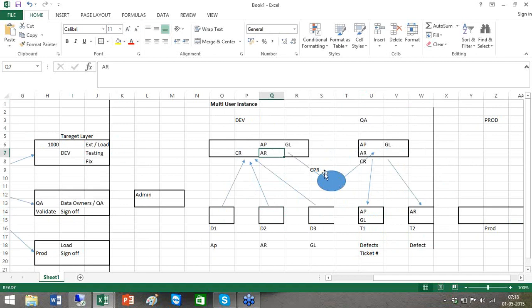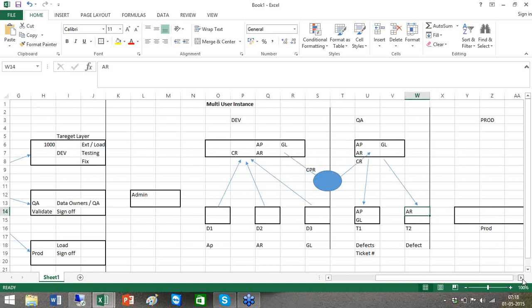These code promotion guys will get the latest version of accounts receivable and upload it into the quality central repository, which means from a local repository we can configure more than one central repository. It can be dev, it can be QA. Then he will notify this guy, who will get the latest version and run it, and if it is fixed, then